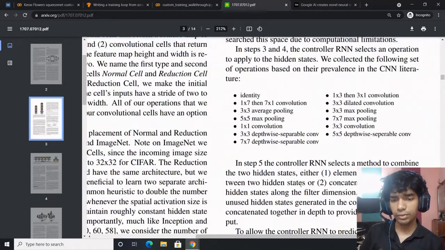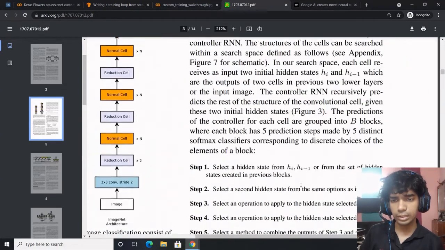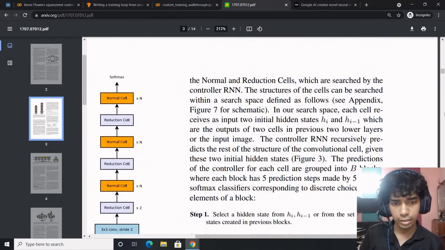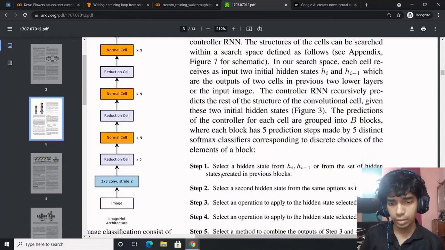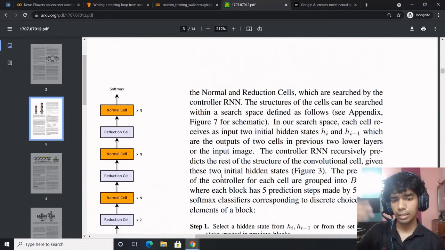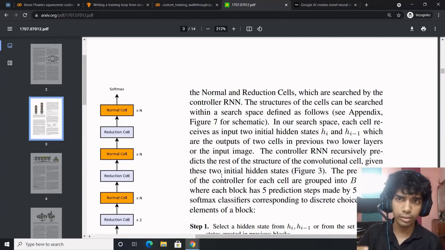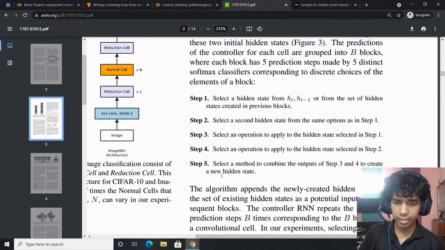Now what varies in the convolution net is the structure. So the controller RNN tries to recursively predict what would be the convolution layer after this, and the predictions are, let's say, a 5-step process.